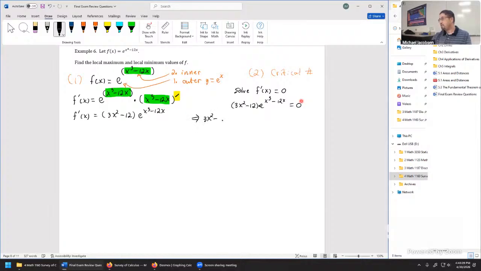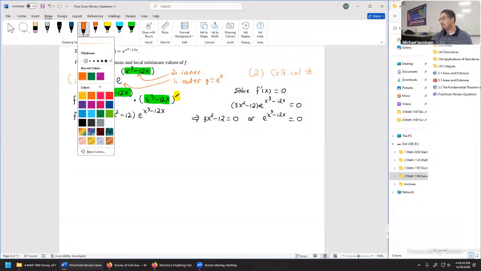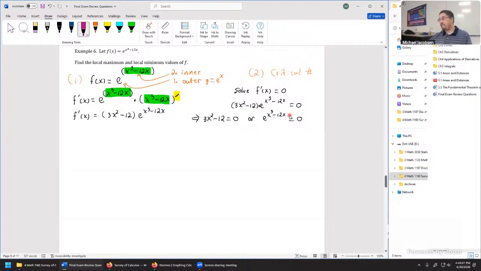is 0. So either 3x squared minus 12 is 0, or e to the power x cubed minus 12x is 0. This equation looks complicated, but we've run into this kind of situation before, multiple times in fact. Whenever you see this and it involves a base exponential set to 0, the idea is e to the power of a can't be 0. It doesn't matter what a is. It could be x cubed minus 12x, but it doesn't matter. There is no way to get a 0 on this whatsoever. It's strictly positive. So this has no solution,